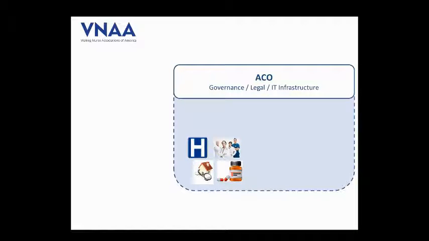As I mentioned, ACOs work with a network of providers. In many cases, those providers are not affiliated with each other. They are often independent providers who have agreed to work together under the ACO structure. In some instances, an ACO may be formed with an integrated delivery system where two or more of the components of the system are under the same governance structure, but that is not a requirement of the ACO. And in many cases, even when an integrated delivery system is part of an ACO, it has to work with providers that are independent as part of the ACO to offer the full suite of services.